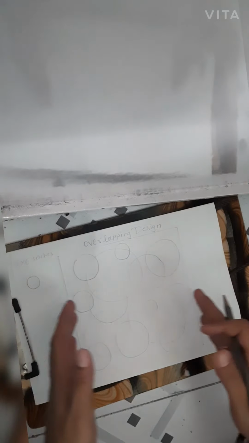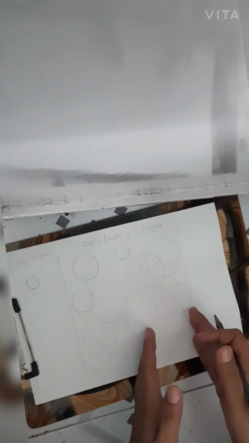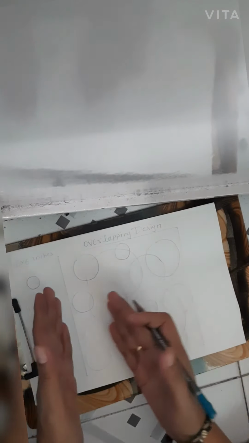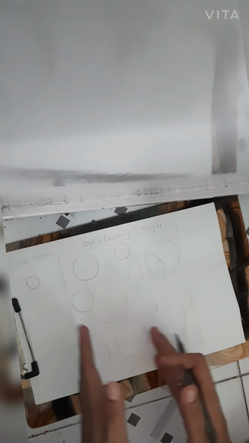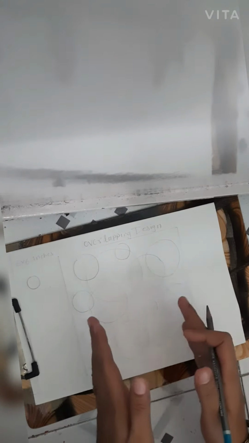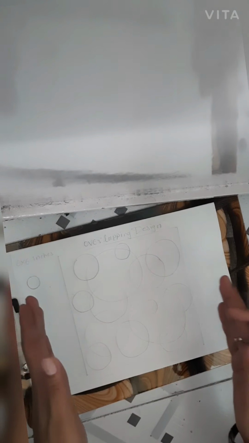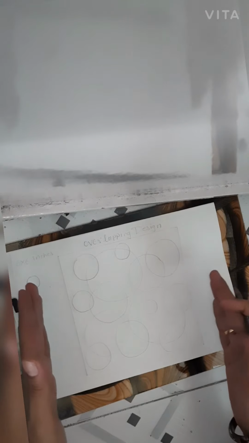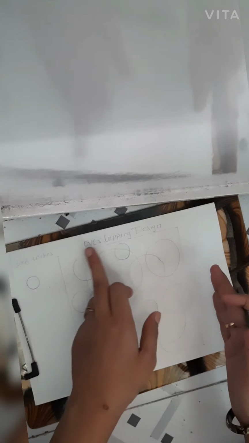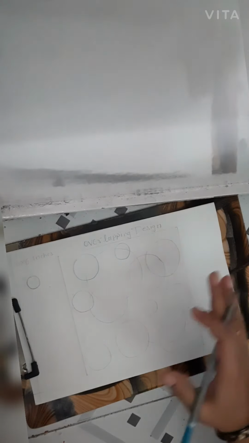Don't make it crowded, okay? Think about this place and then draw the circle. Think about the space and then draw the circle. Just doing overlapping again and again is not it. We have to think about the square. When we think about the square and space, we can do overlapping properly. Okay, go slowly, slowly. Don't go fast.